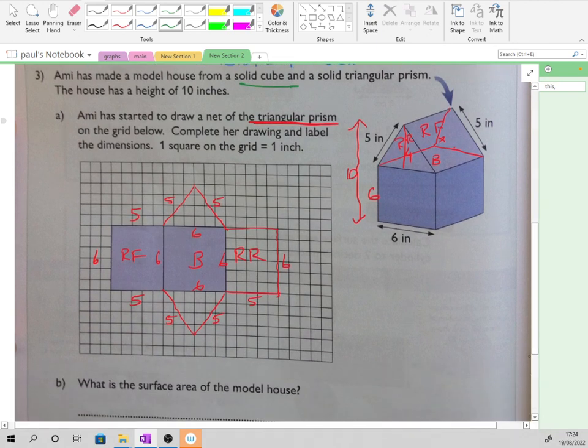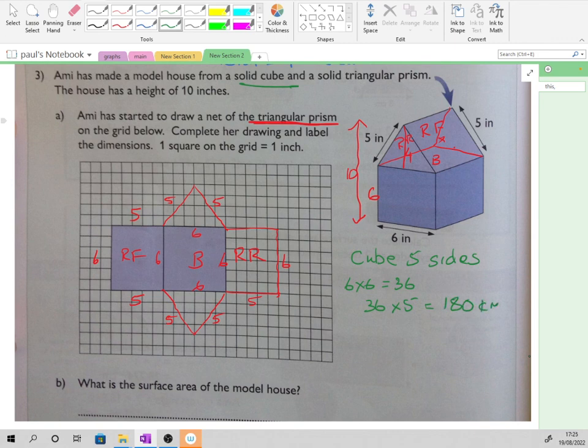So when we've got the solid cube, we need all the 4 sides and the bottom, but we don't need that bit at the top because that's inside. So for the cube, we've got 5 sides, and the sides are 6 times 6, which is 36. So we need 36 times 5, which is 180